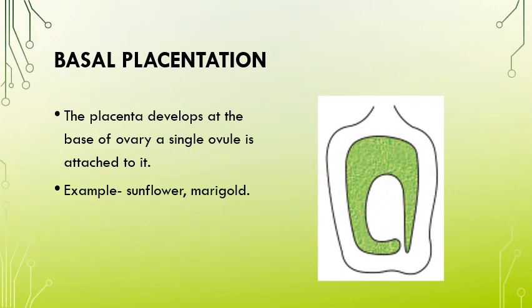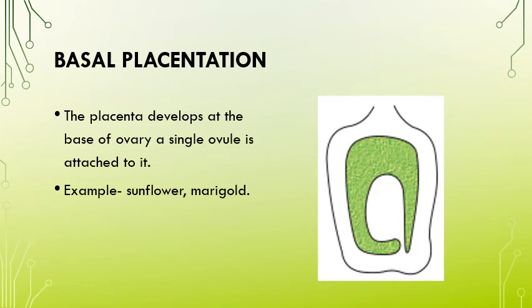So by this we finish the two essential parts of our flower, that is androecium and gynoecium. Androecium is your male reproductive part, consisting of filament and anther. In a transverse section of the anther, there are lobes called pollen sacs, in which the pollen grains are formed. So the main function of the androecium or the stamen is the formation of male gametes, that is the pollen grains.